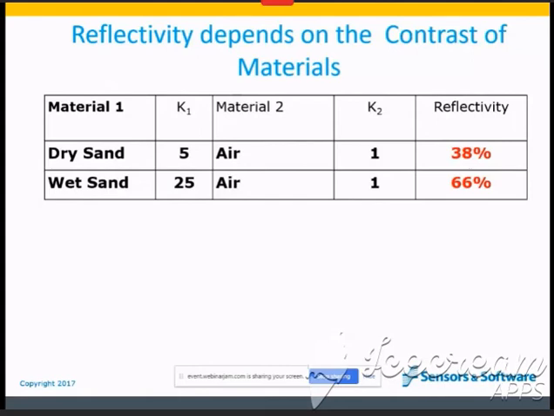How many of you have heard somebody say, "I could not do the GPR survey because it rained"? Or, the GPR survey